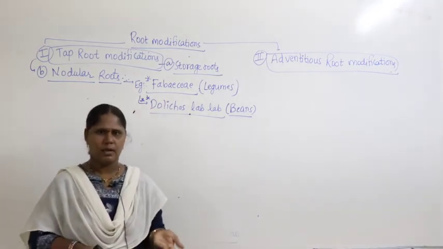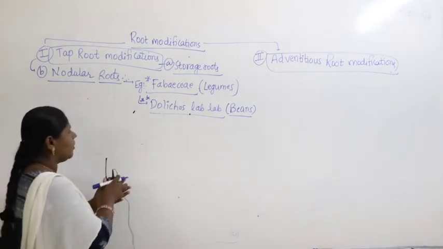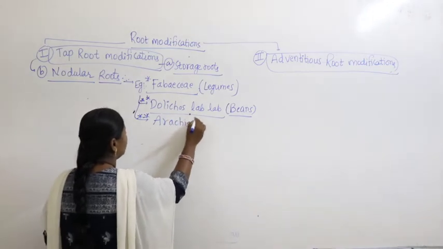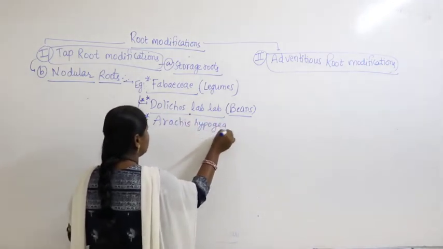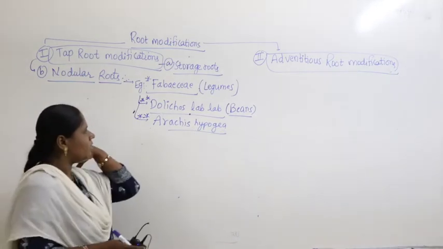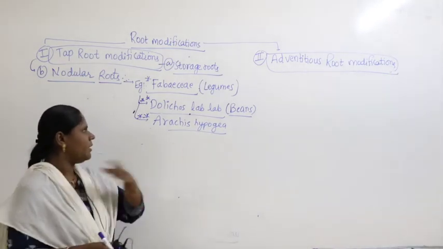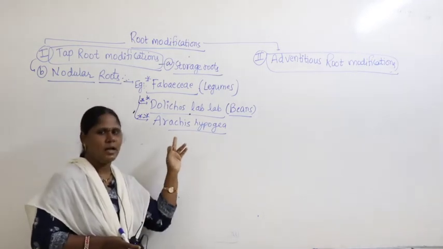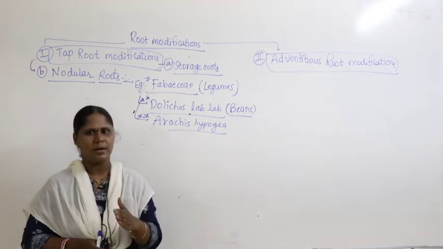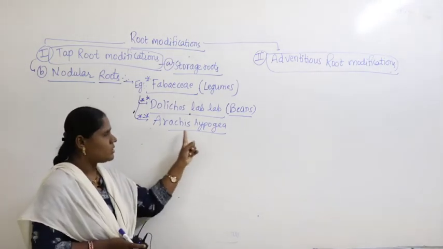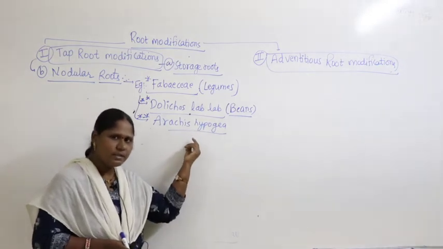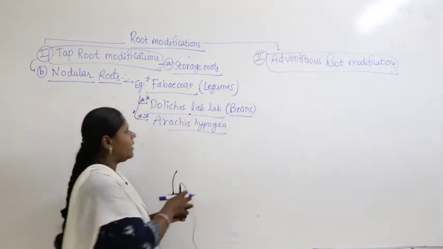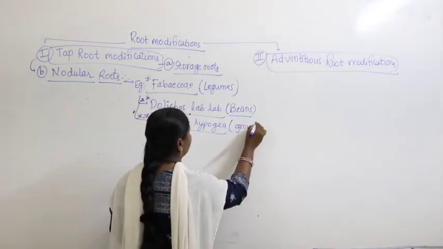And I will give you one more example which is also known to you and which you studied already in the table. What is that? We can say Arachis hypogea. Arachis hypogea. Guys, I think you already learned these things in the table. I gave you the scientific name Arachis hypogea. The first scientific name we started writing, A, that is Arachis hypogea. Can you tell me what is Arachis hypogea? Exactly, maybe some people can remember it. It is called groundnut.